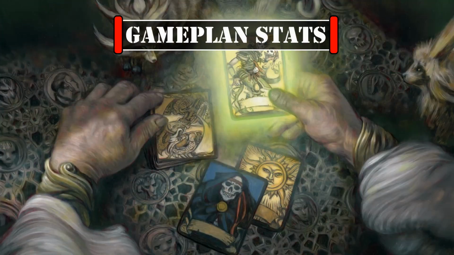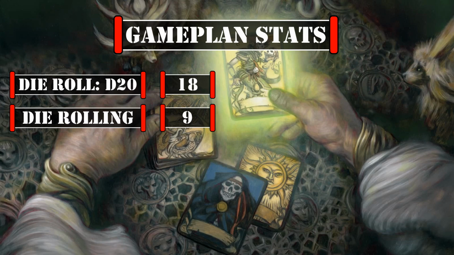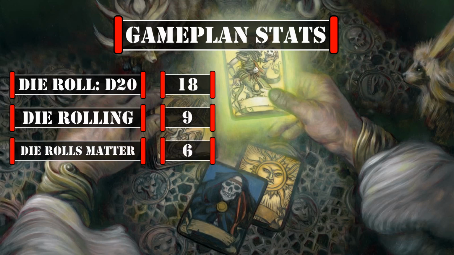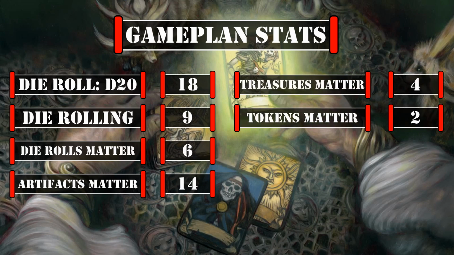Looking at the stats that matter to our game plan, we have 18 cards that roll d20s and 9 cards that roll smaller dice to give Mr. House as many sources of dice chucking effects as possible to reliably proc his token creation, 6 cards that care about die rolls to generate us extra value or to stack the odds further in our favor as we roll the bones, 14 cards that care about artifacts, 4 cards that care about treasures, and 2 cards that care about tokens to weaponize the artifact tokens our commander creates even further, by turning them into more damage against our opponents